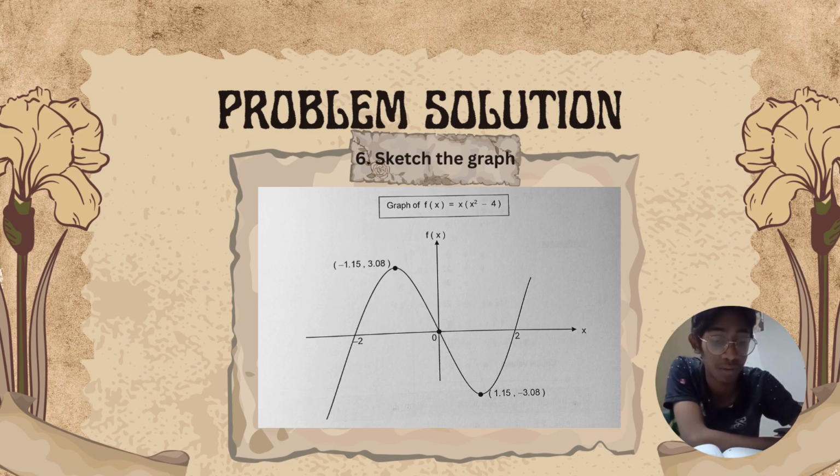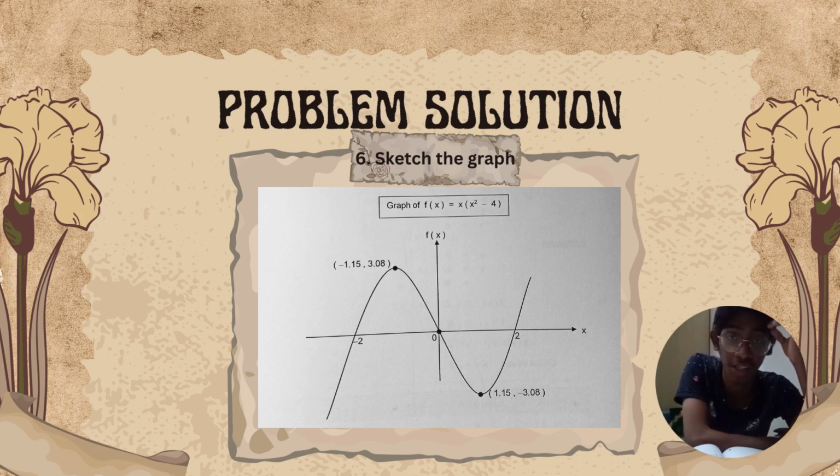That's when we need to do the inflection point. The inflection point is the shape of the graph we need to do. The inflection point we got is 0, 0. This is quite a simple equation actually. So based on the concavity table,